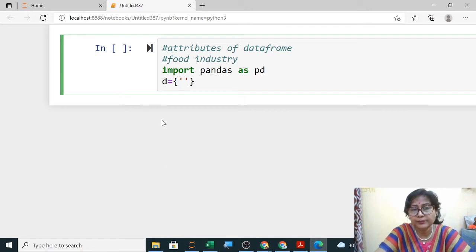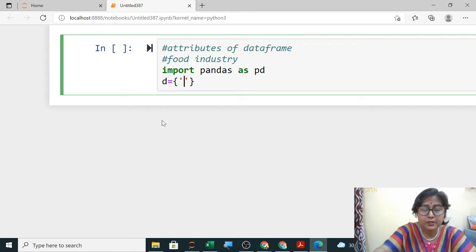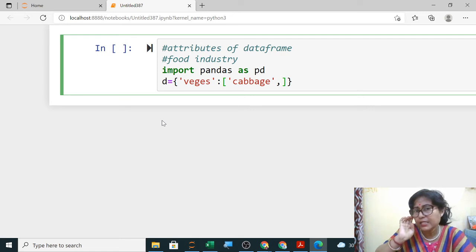So here all the different nuts, vegetables. All the vegetables I am writing here. Only two data items now I am showing you, because otherwise your class will be over.